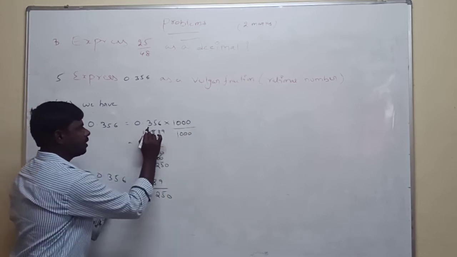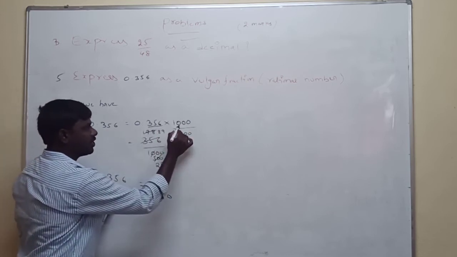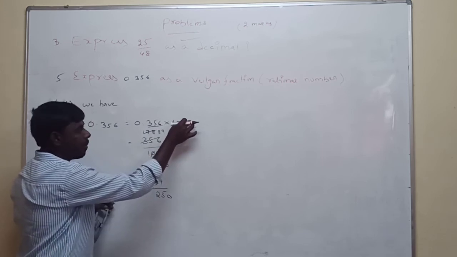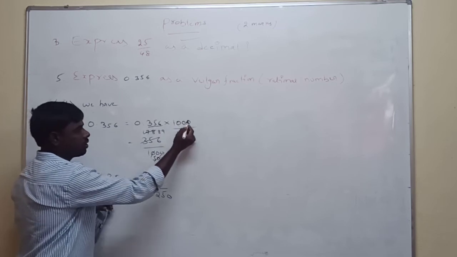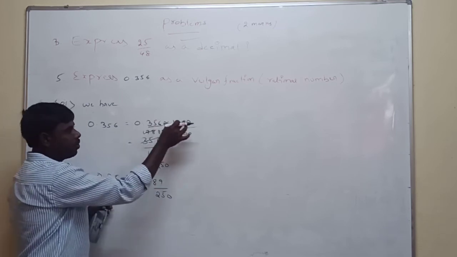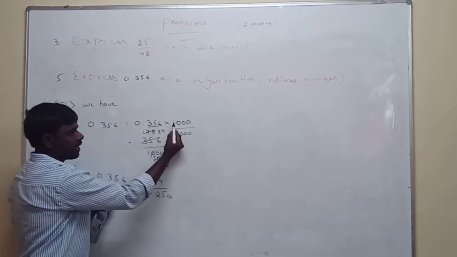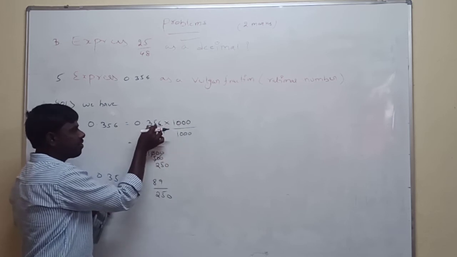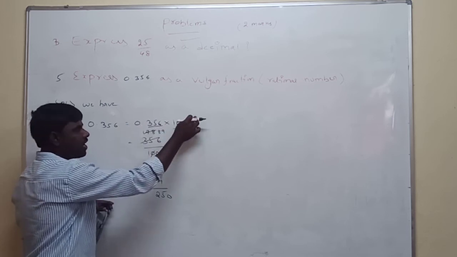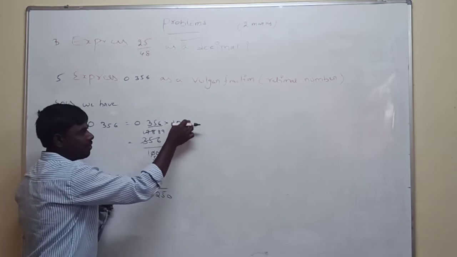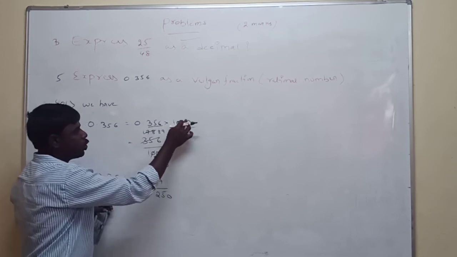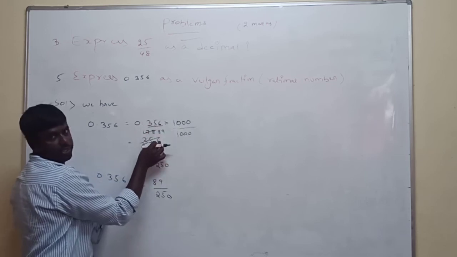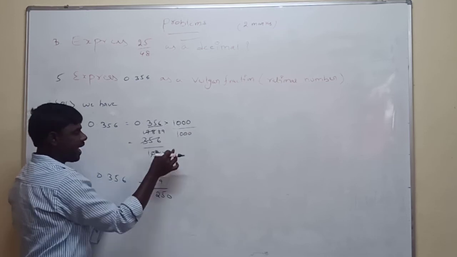There are 3 numbers after the point, so you should take 3 zeros. So what is your final answer? The final value is 1000. So multiply with 1000 and divide by 1000. The 1000 cancels, and we get the same answer. But here, to get 1000, first you take 1, count how many numbers after the point, and write that many zeros. 3 numbers after the point, so we take 3 zeros. The value is 1000. Now multiply the numerator only: 0.356 into 1000 value is 356, divided by the denominator, which you write as it is.